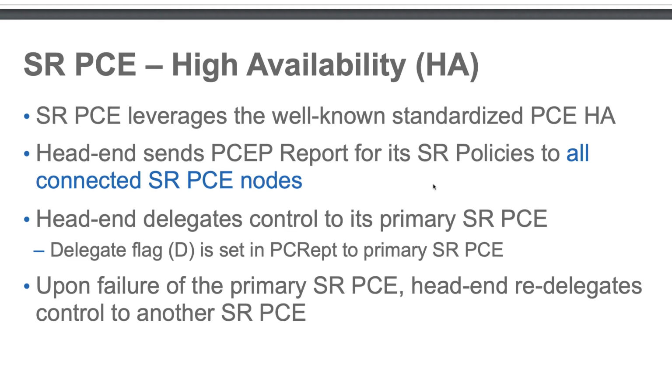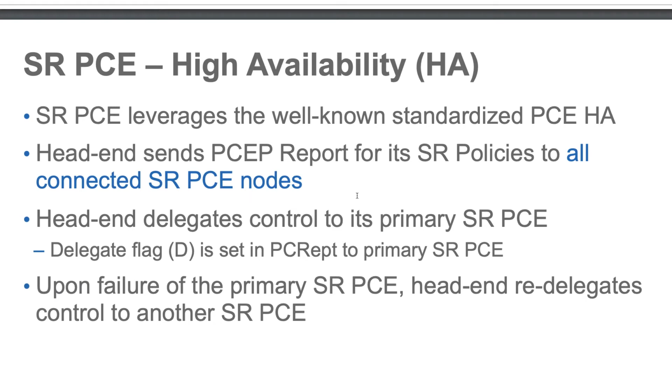To continue our discussion from the last episode, we talked about the SRPC. So we'll continue our discussion around SRPC in terms of high availability. SRPC high availability is sometimes also called SRPC redundancy. You can use either term, either HA or redundancy, whatever makes sense to you. SRPC redundancy uses a well-known standard that PCE is following.